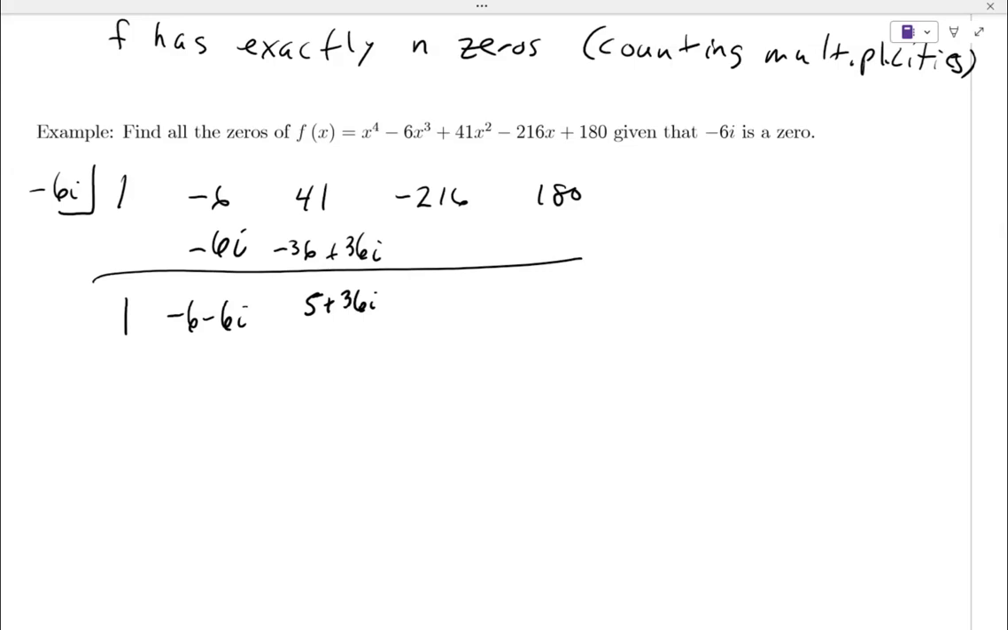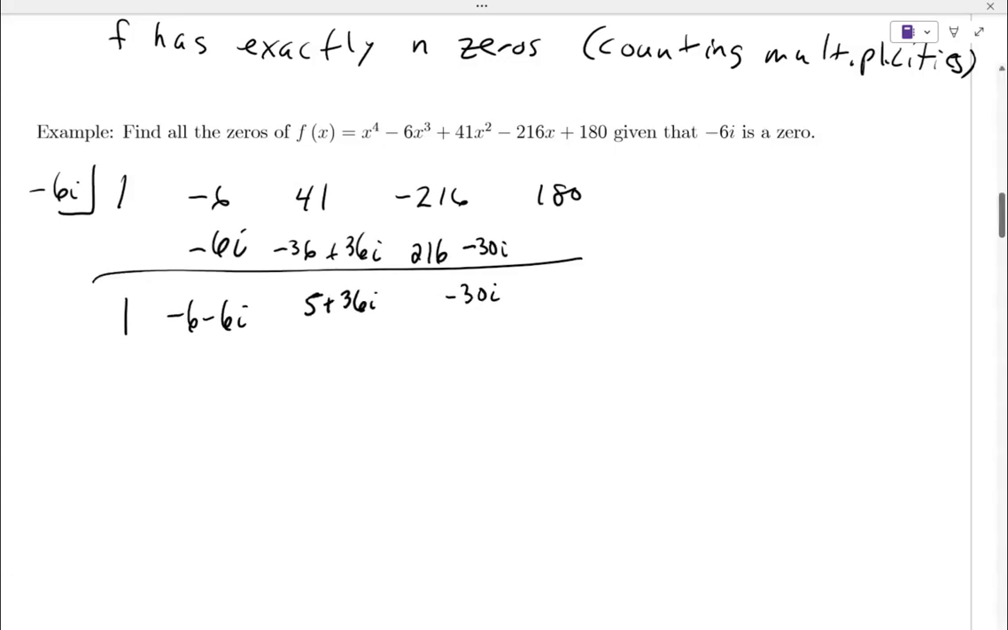Multiply again. Negative 6i times 5 will give you negative 30i. Negative 6i times 36i: 6 times 36 is 216, so you get negative 216i squared. But i squared is the same thing as negative 1, so we get a positive 216. That's a good sign. When we add down,